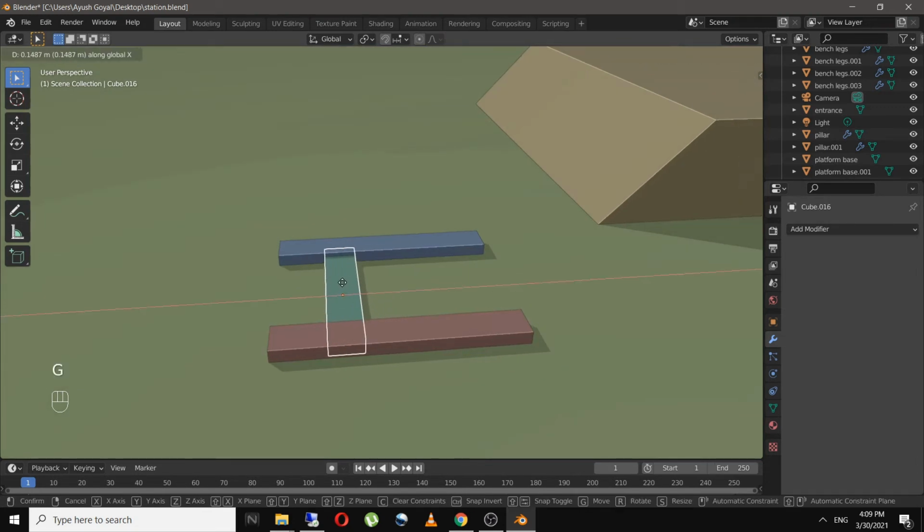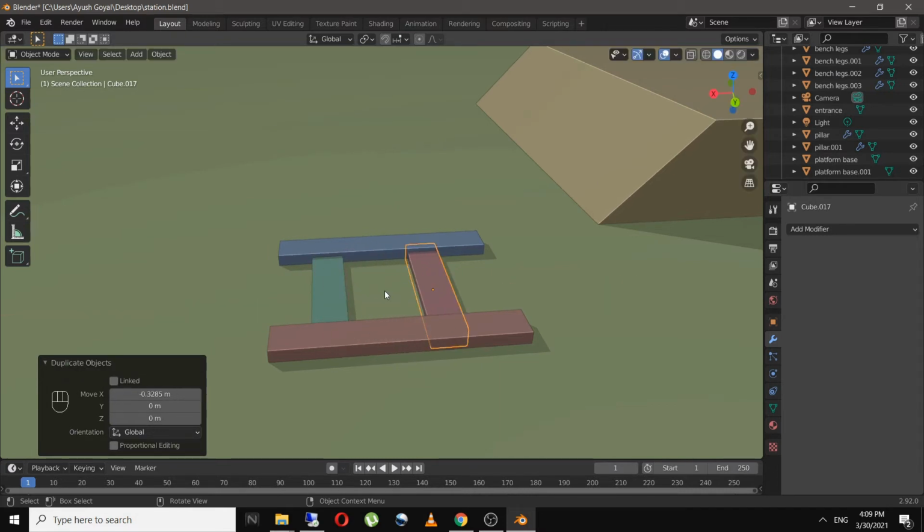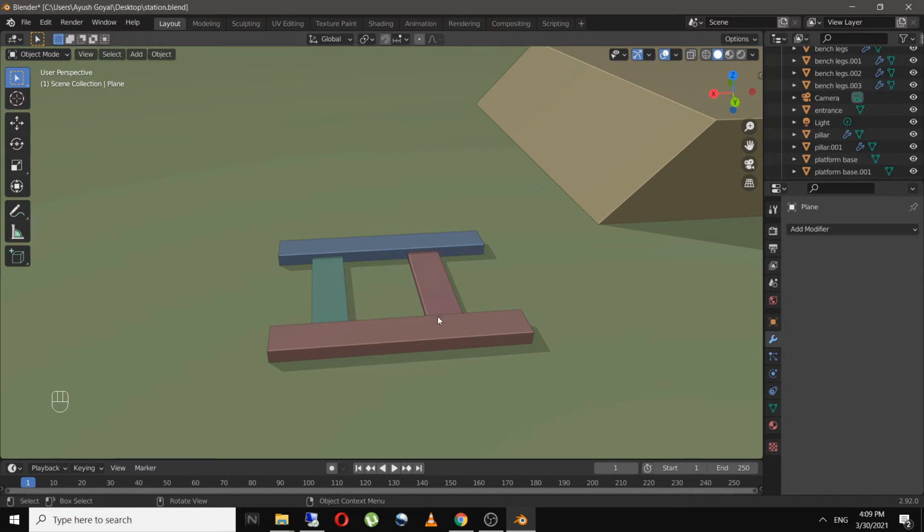And move this over here, and I will duplicate this over here, and I will join these two by clicking on Ctrl J, and these two as well.